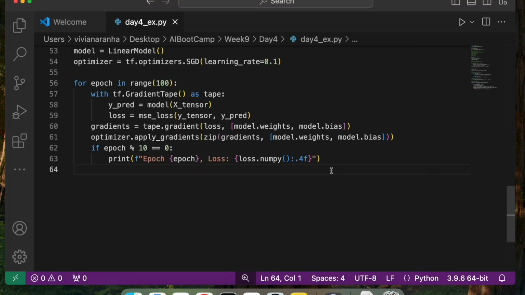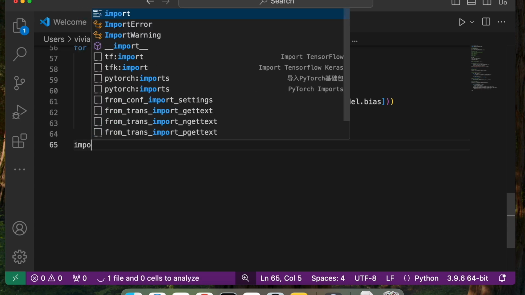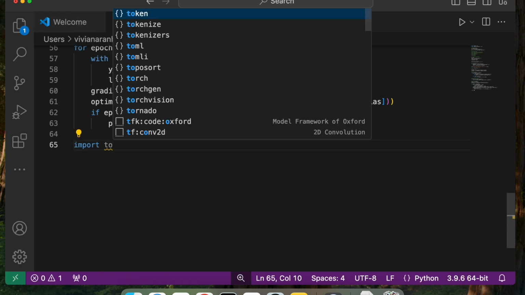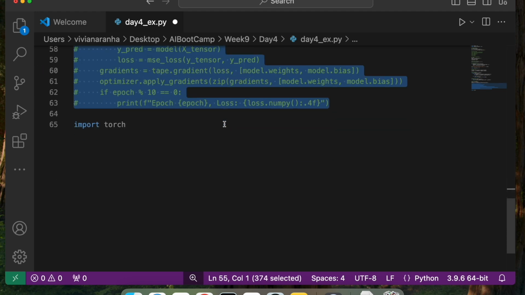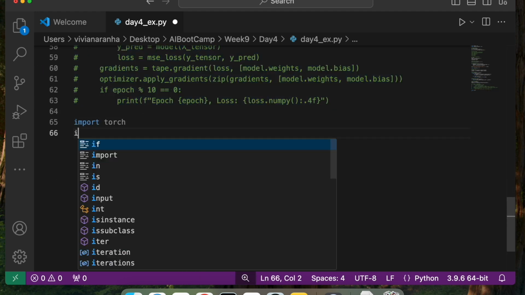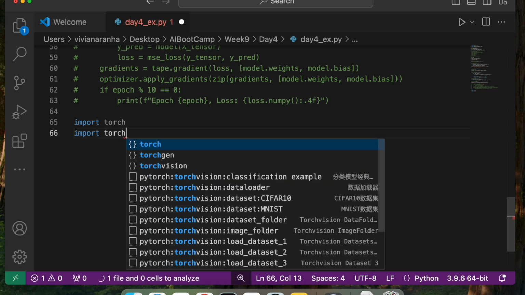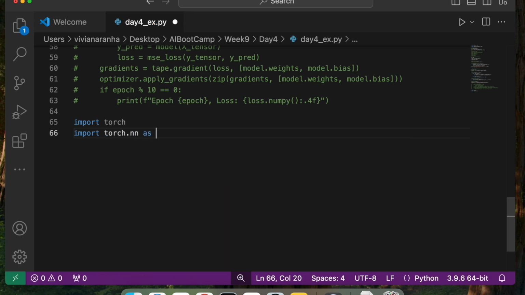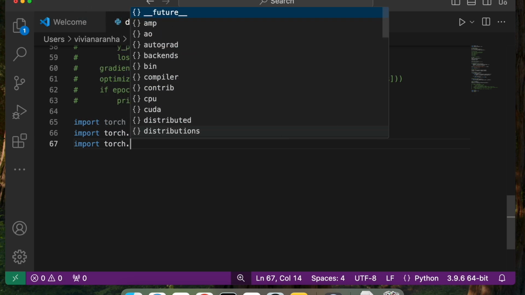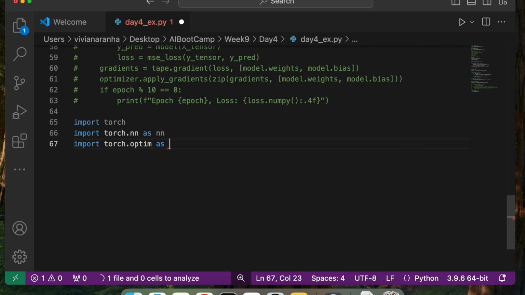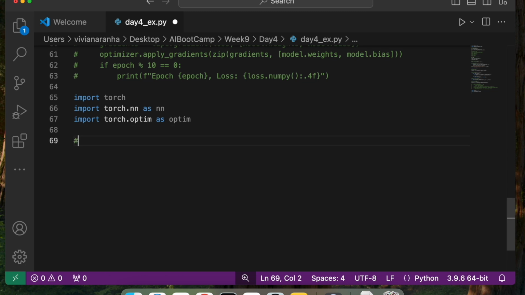Next, we're going to experiment with the PyTorch optimizers. To do something similar, I am going to go ahead and import torch. I can comment this out. Import torch.nn as nn. Next, I need another module from there, which is torch.optim as optim. So it's called optim. Now let's go ahead and prepare the data.